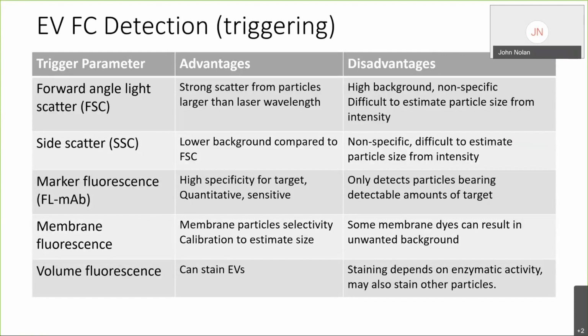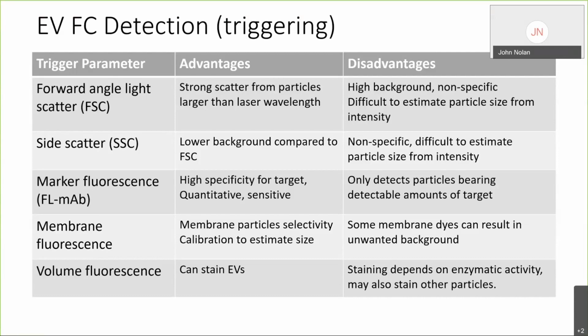Scatter in the forward direction is strongest for those particles. But as the particles get smaller, and particularly when they're smaller than the wavelength of light, that's no longer the case. Light scatter is more or less uniform in every direction, and side scatter may actually be a better channel to measure